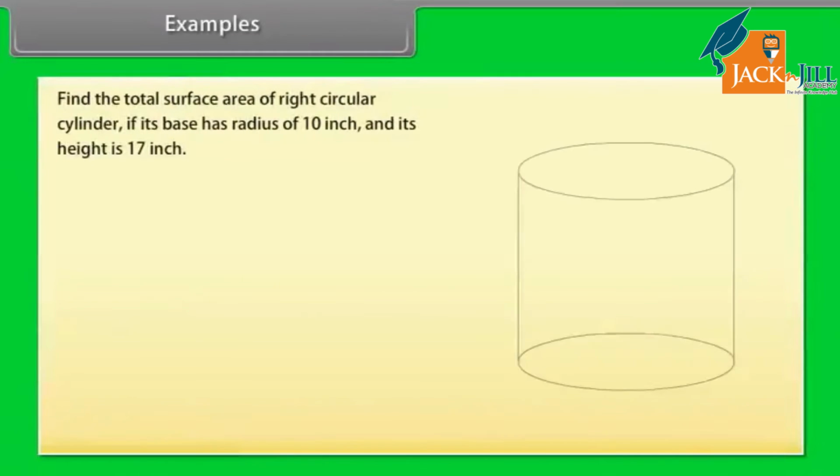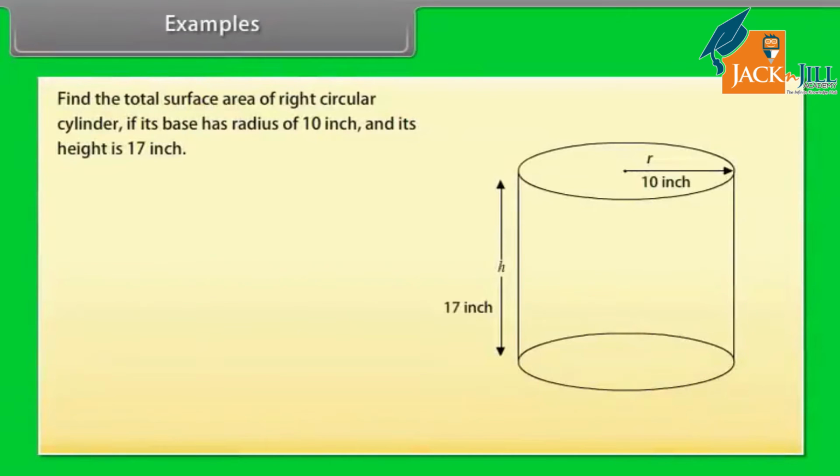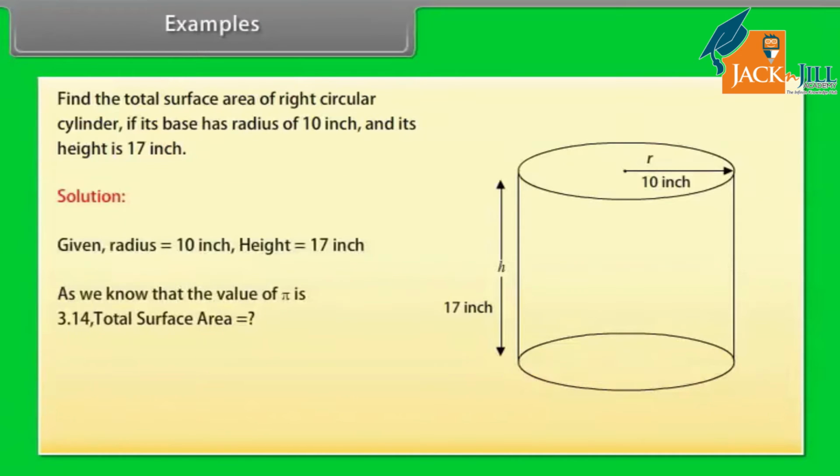Example: find the total surface area of a right circular cylinder if its base has a radius of 10 inches and its height is 17 inches. Solution: radius is equal to 10 inch and height is equal to 17 inch, which is given. As we know that the value of pi